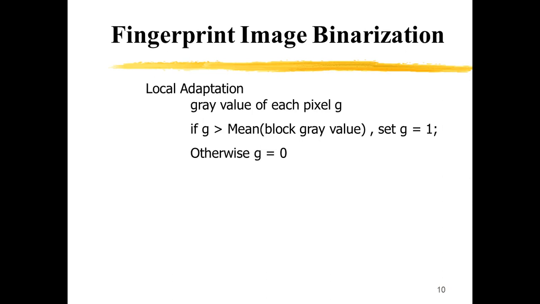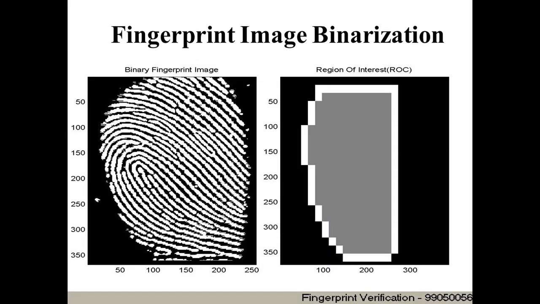We set a threshold for the value of a particular pixel, and we take a single block of the image and compare that pixel's value to the average intensity value of that block. If the pixel's value is greater than the average intensity value, we set that pixel to be a 1, otherwise it is 0. So we see that after binarization, the fingerprint is in clear detail of all the ridges, and there is no background information involved.